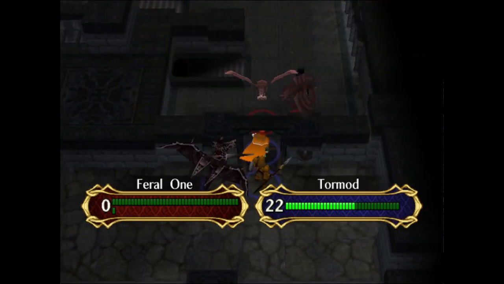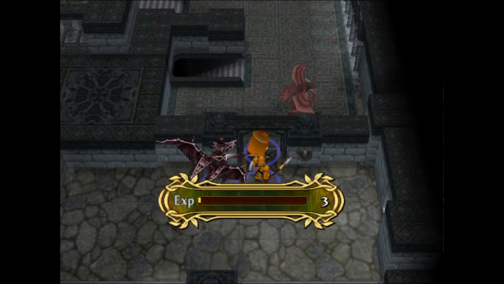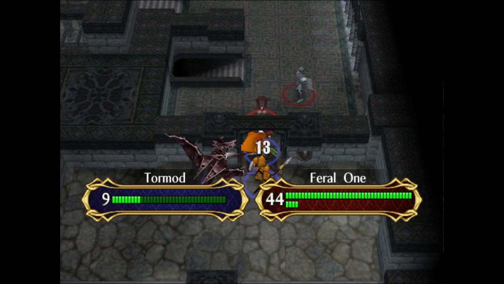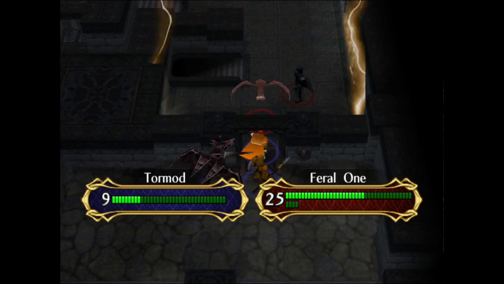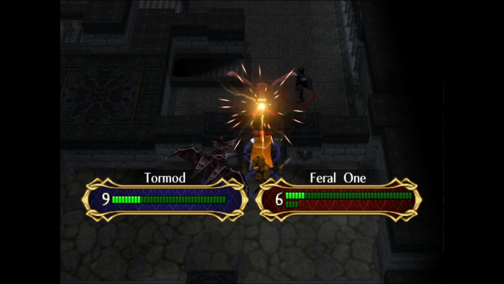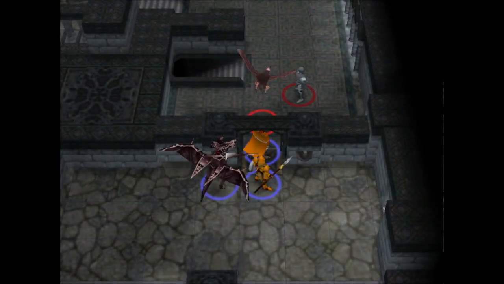Alright, Tormod should be fine here. Of course, he is going to take a relatively decent amount of damage from the other Hawk. The Feral Hawk, that is. Yeah, 13 more damage. Yeah, I was going to say, if I'm not mistaken, Tormod is doubling here, so he tripled there because of